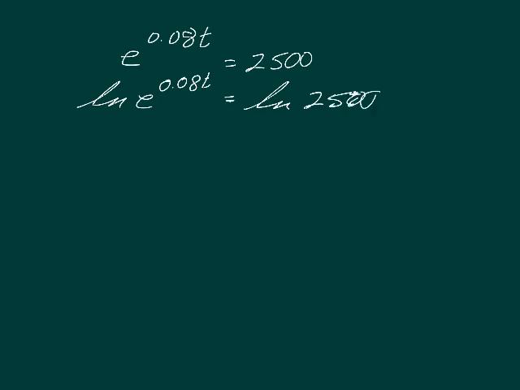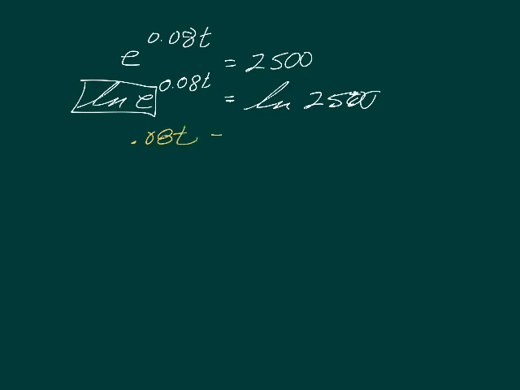Okay, so when we take the ln of both sides, if you remember, this will go away, because that is the same thing as log base e of e. And remember, when those are the same, it becomes a 1. So my ln of e always is a 1, so that's why I prefer to take the ln rather than a common logarithm. So that gives me 0.08